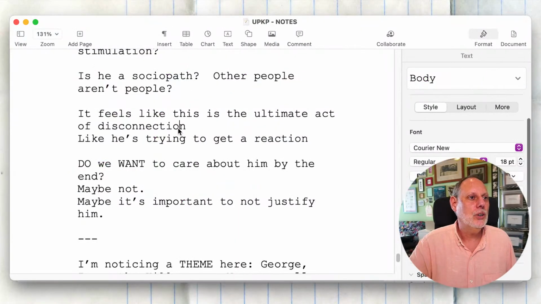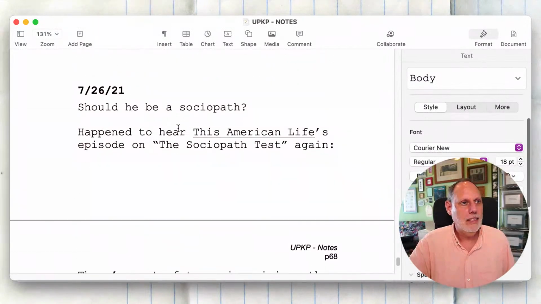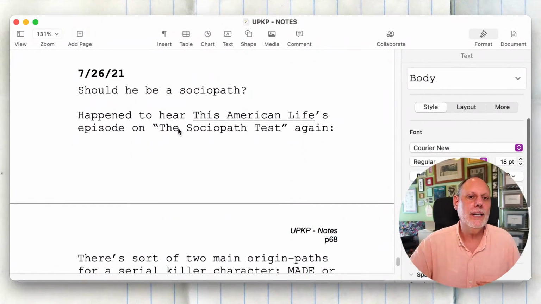Okay, so then I got to that theme. And so all of this raised the question of the sociopath. A sociopath is technically a person who has no empathy for other human beings, has no ability to feel others' feelings or to care about other people. This is a scientific category. There's books about it. There's a whole book about the test called the sociopath test,